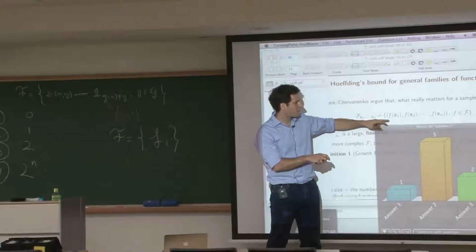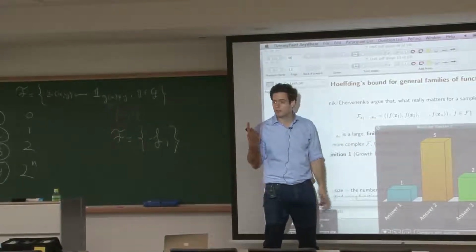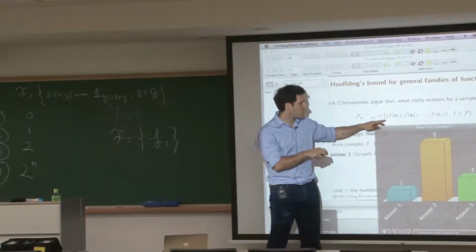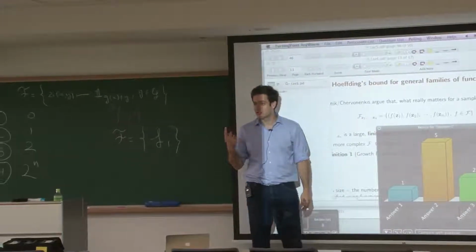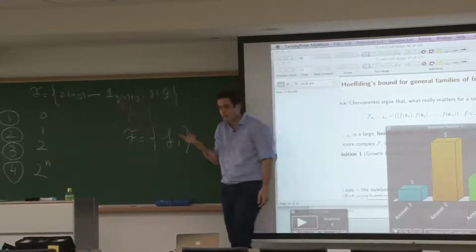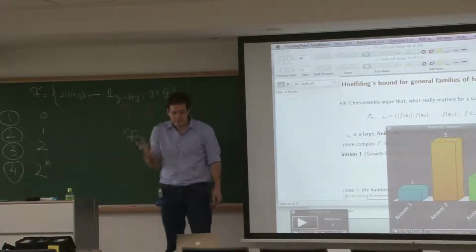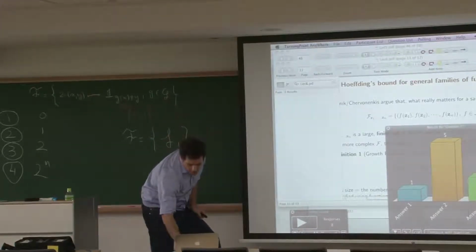If f, this big F, is just one function, this is just one vector. So this big set here is just 1. The size of this big set is just one vector. Okay? Now, if I start adding,